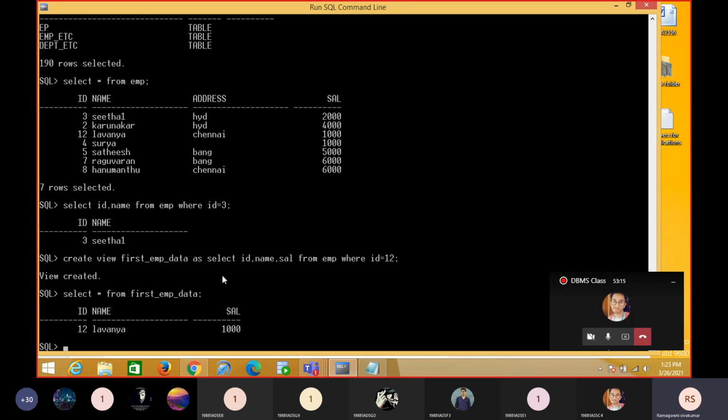Someone tell me how to create a view. Create view for select max salary. Okay, tell me how to create it. Create view, view name max underscore salary, as select